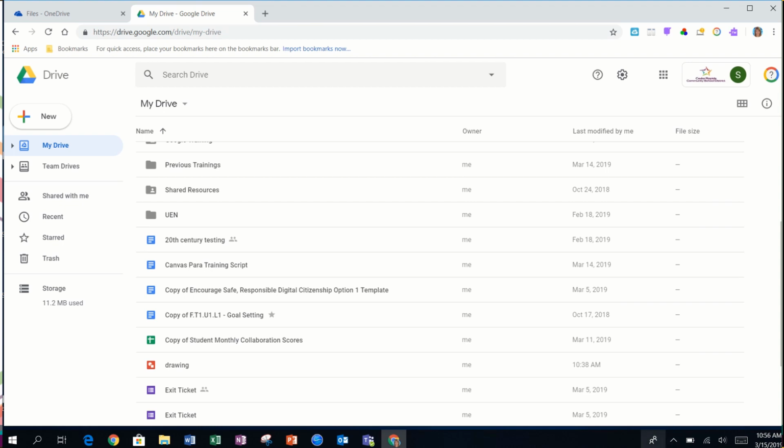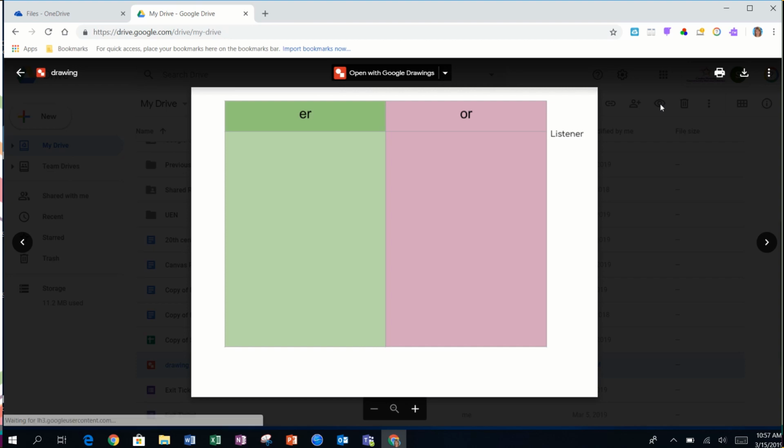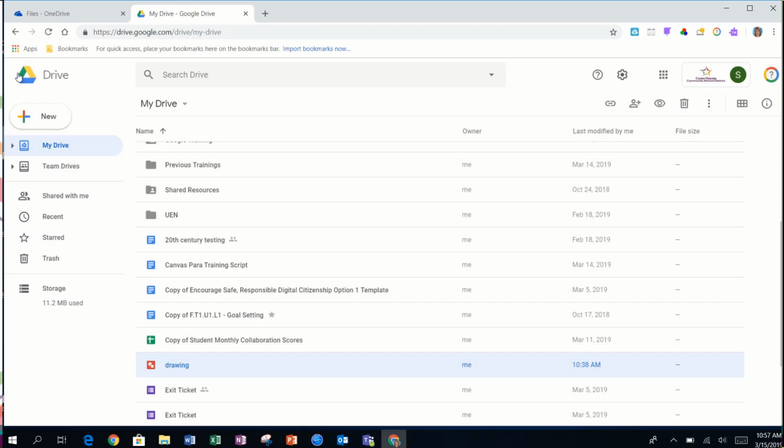Let's take a look at this file, Drawings. I'm not really sure what it is, but I can easily preview it. I just have to select it, then I'll navigate to the upper right-hand corner and select Preview. Now I know what it is. I can go back to Drive and I can decide if I want to delete it because I don't need